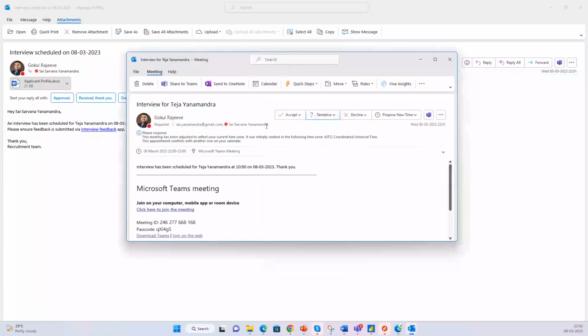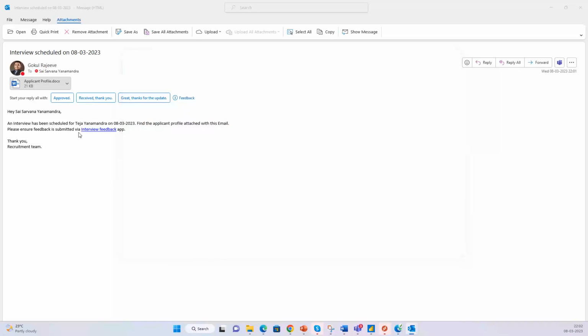So this is the other one that I got along with the applicant. This is a calendar invite that I get directly using a Teams link. So this is a Teams calendar invite that we are generating behind the scenes using Power Automate Flow. So I can use this link to join the call, conduct the interview, and then note my comments. Then I'll come to this email, and then I can click on this link